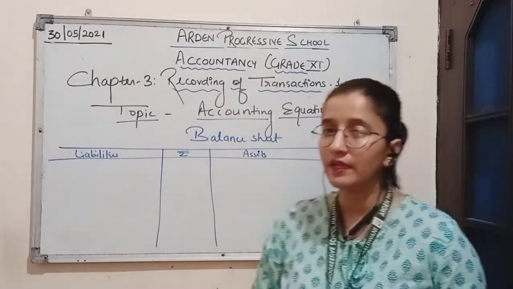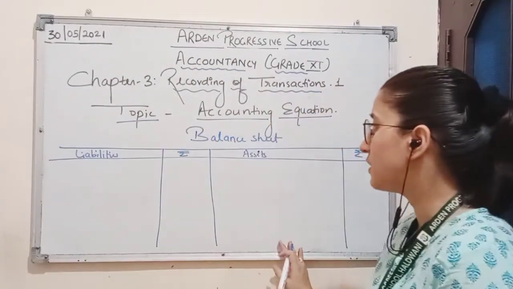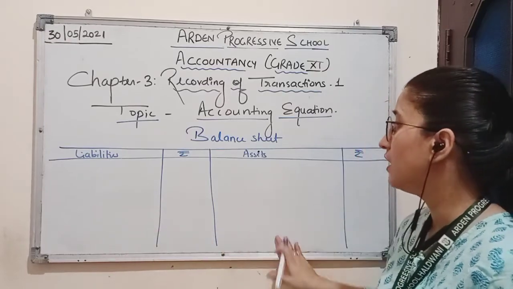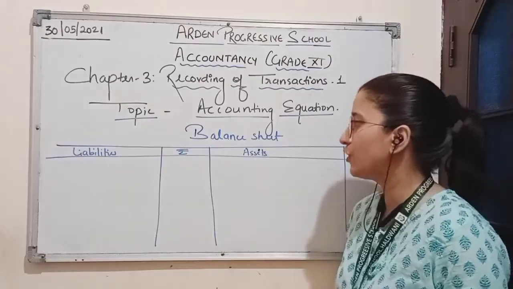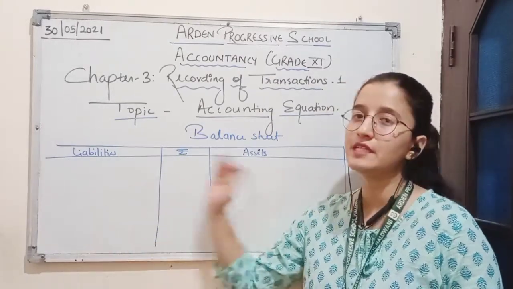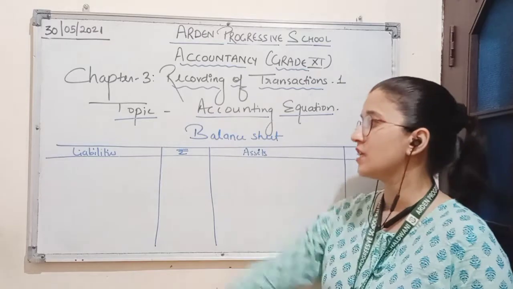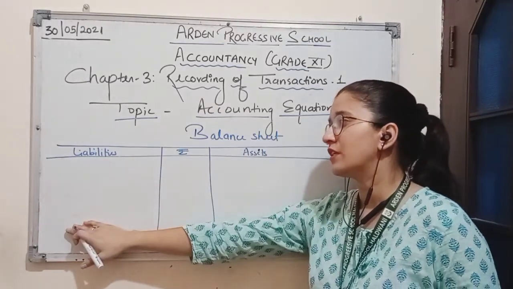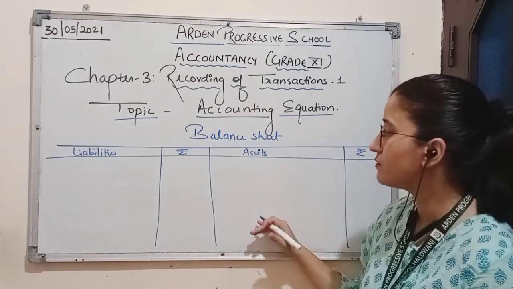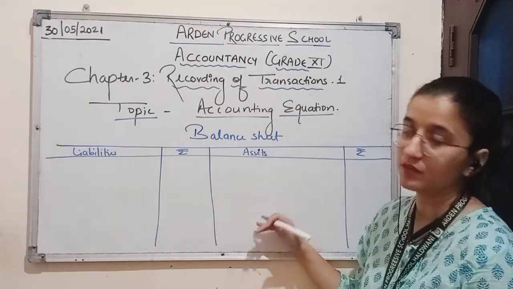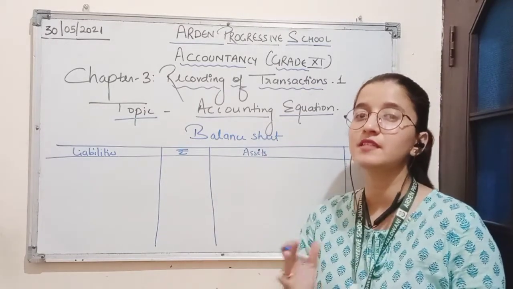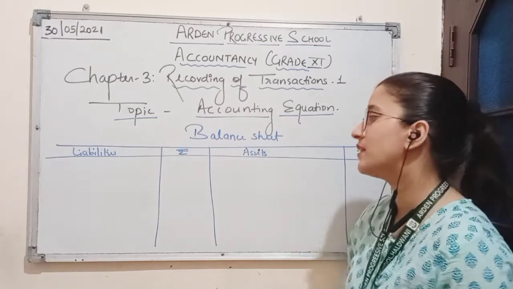One thing to note is that the balance sheet is always equal, which means the liabilities total will always be equal to the assets total. That means the total of items included on the liabilities side is always equal to the total of items included on the asset side. So we can say the balance sheet is where the balances of assets and liabilities are equal. And how are these equal?